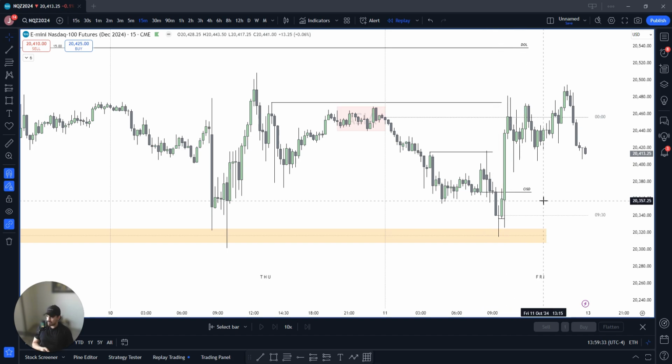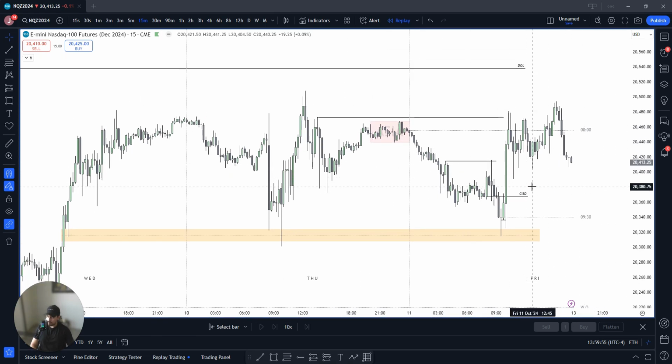You just have to use logic here in these daily profiles and even time frame alignment. It has to tap into some sort of POI, into some sort of 1 hour or higher PD array, right? For daily profiles, for CISD, for time frame alignment and CISD, you want to make sure it's tapping into its correlated time frame alignment for the CISD to make sense. Okay, so this is how you can use daily profiles